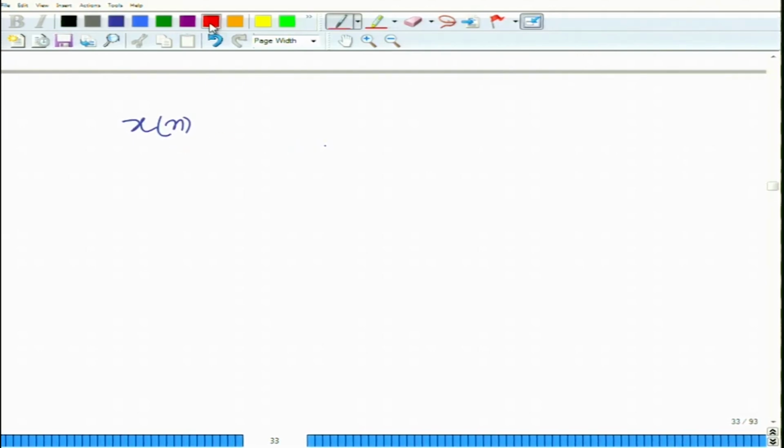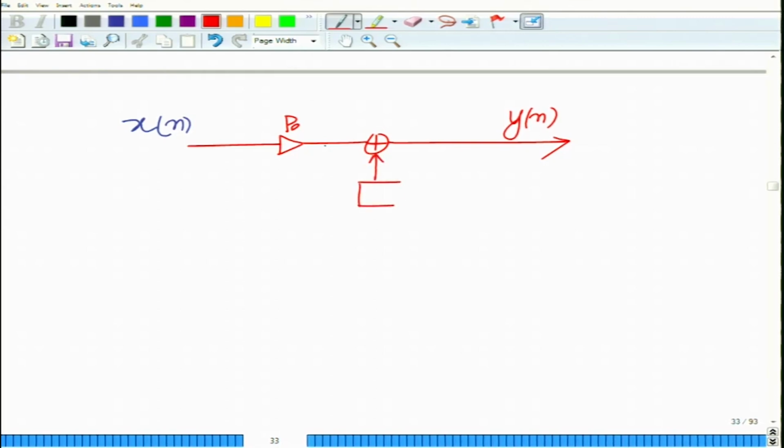I am not going to explicitly show the steps, but you can do this as an exercise. So, this will give you P naught, this is the element gain, this will give you Y n, okay, and here you will have a delay Z inverse, all right, and another adder,